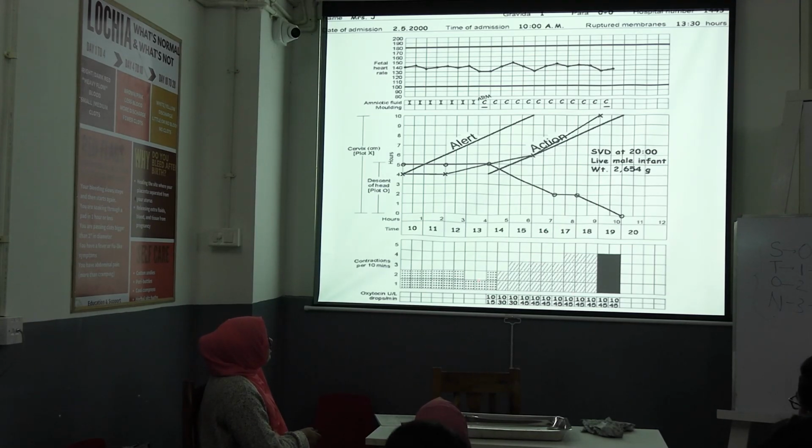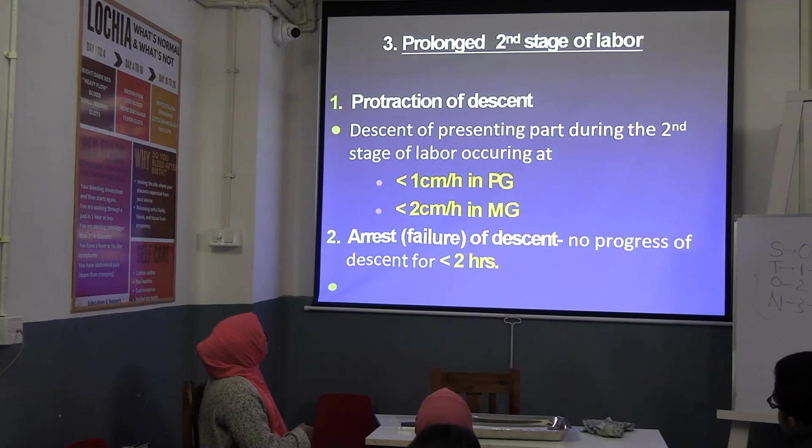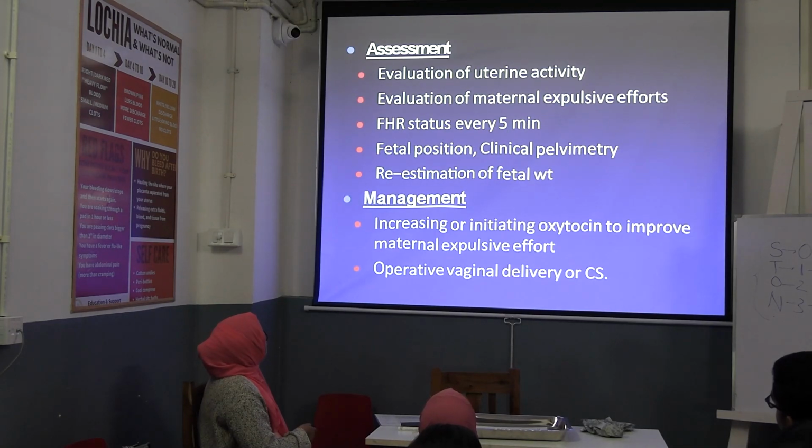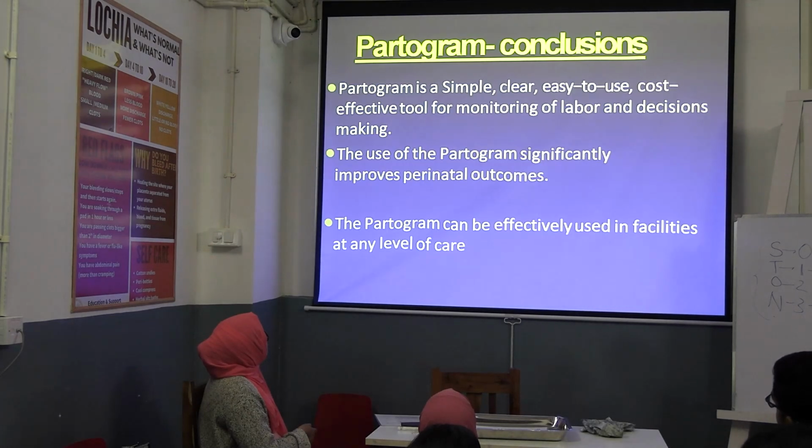The contraction was not increasing. Earlier it was very less, mild or weak contraction. Now after oxytocin it increased. And when we started oxytocin, the progress was very good. The descent was very good. It was 2 by 5, then 0 by 5, and here dilatation was 10 centimeter after 4 hours. So baby delivered, healthy baby delivered. So these are the different disorders of progress of labor that you can read later on.